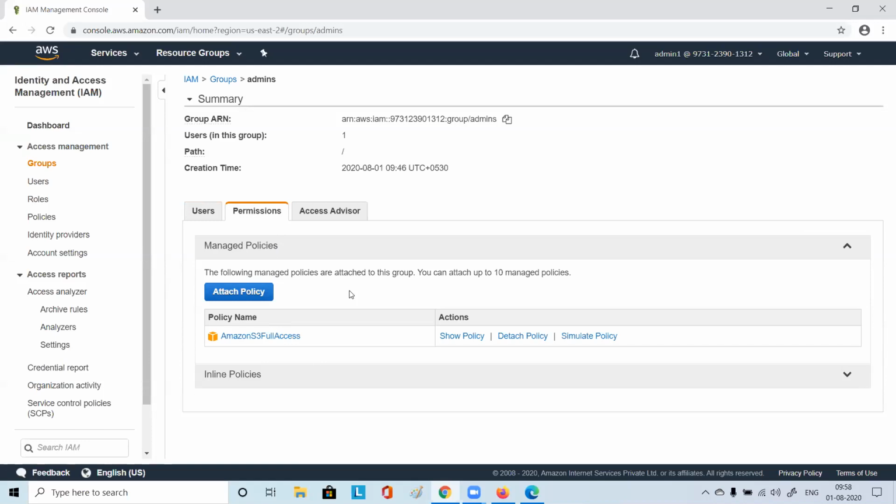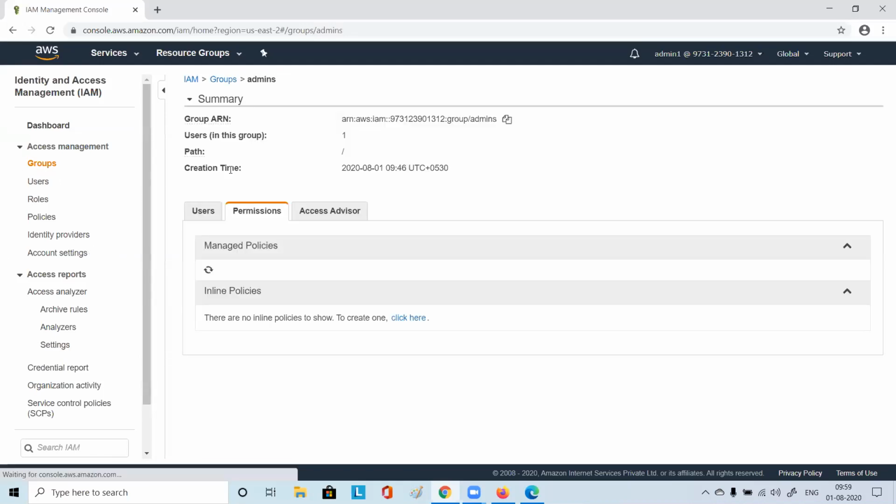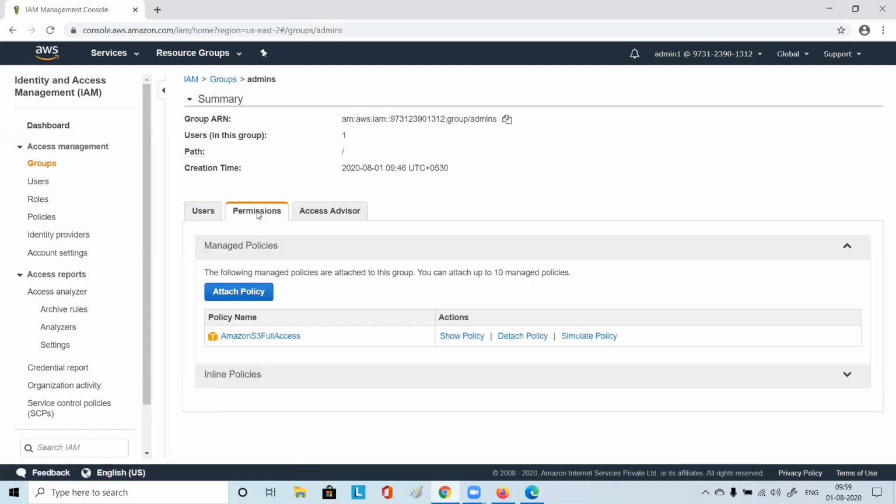Now, what we did now, we just came to group. We just clicked on group and then we went to permission of it. Here also you have option, right? Correct? So here you see the option of inline policy also. There is no inline policy set, correct? So we had given S3 full access and that user had deleted the bucket, right? Now, what we could do here is simply go here, we can try to create inline policy,